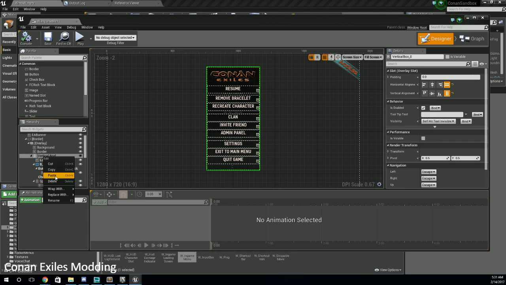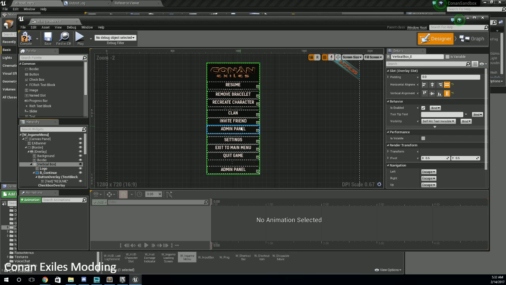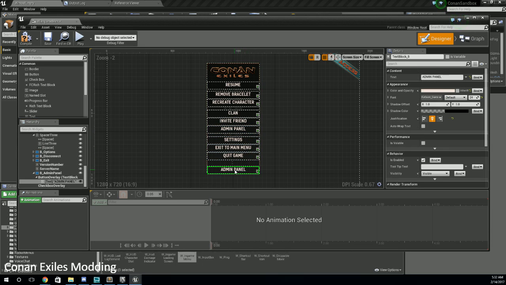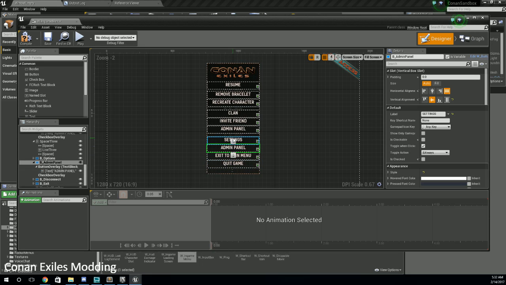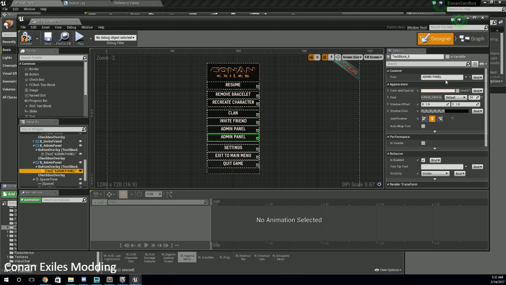Put a new one in here, paste, and you'll see it created a dupe somewhere in here, right down at the bottom. So it's fine. Oh, actually, let me show you. You could very easily reposition this. If you select the panel, you see a little up arrow. So this is great if you want to just stick in a new function in this menu. We're going to call it, let's call it